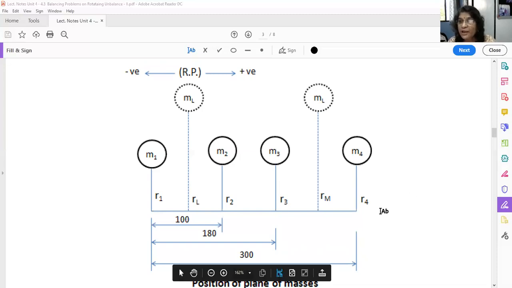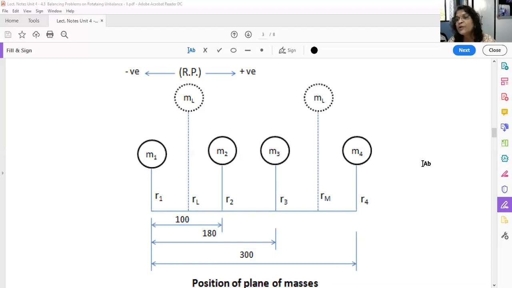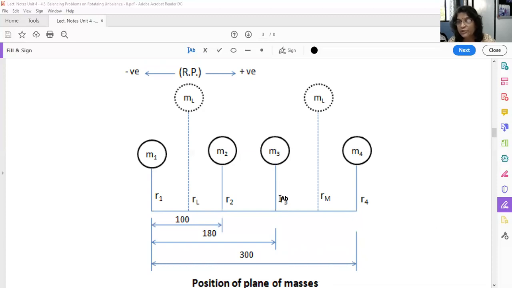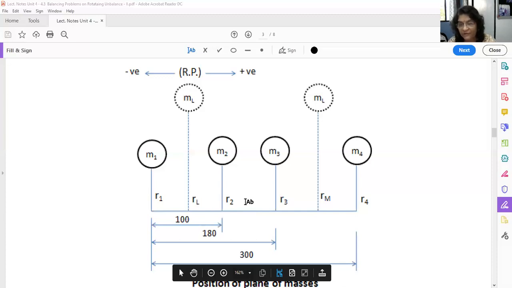As I told you in the earlier lecture also, this is the homework for you. When you solve this problem at home, you have to draw the angular positions here. That means M1 is, suppose, 0 degree, M2 is at 145 degree, like this. Angular positions which you cannot show in front view; this is the front view and the angular positions will be your side view.